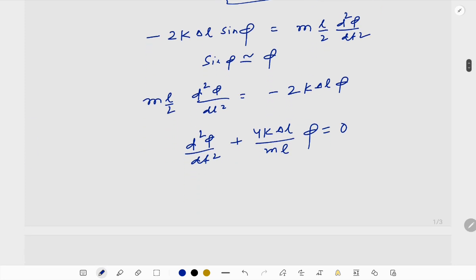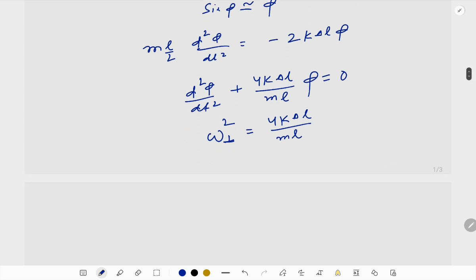That reminds us that we can compare this equation with the equation of simple harmonic motion, and it will give us the angular frequency of this simple harmonic motion, the transverse oscillation of this small ball. That will be simply ω transverse, ω perpendicular, ω for transverse oscillation, and I can see here it is 4kΔL/ml,